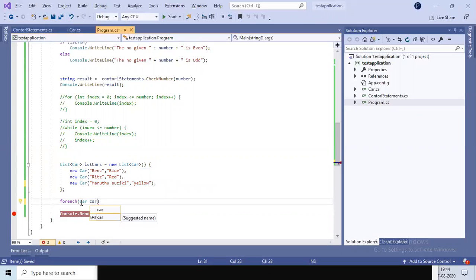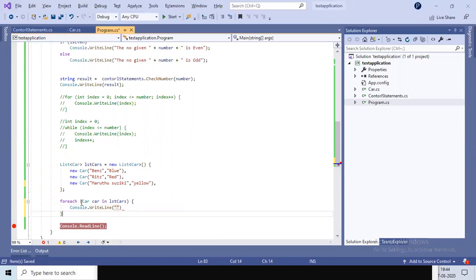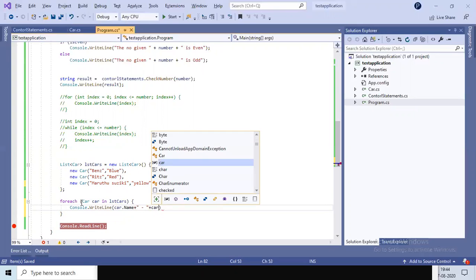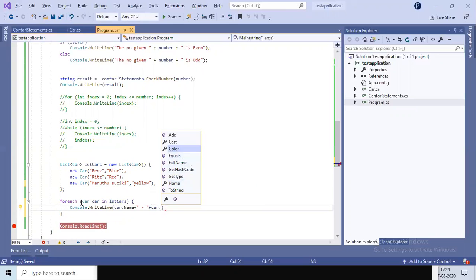Let us initialize this variable with car inside the lstCars. Now we can display the list of cars using Console.WriteLine: car.name, then hyphen, car.color.